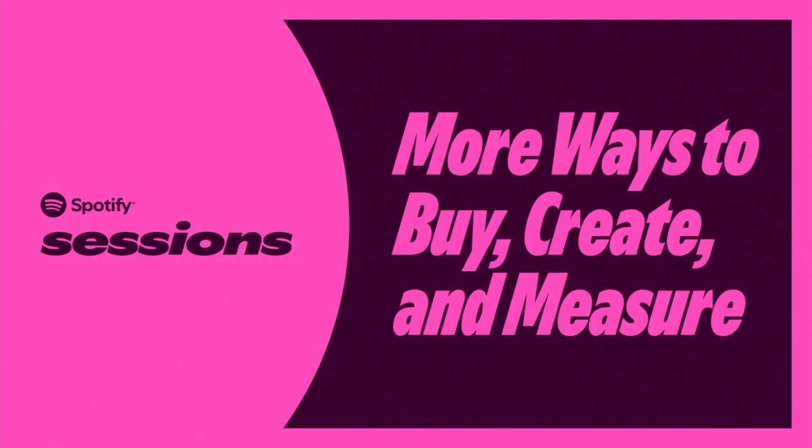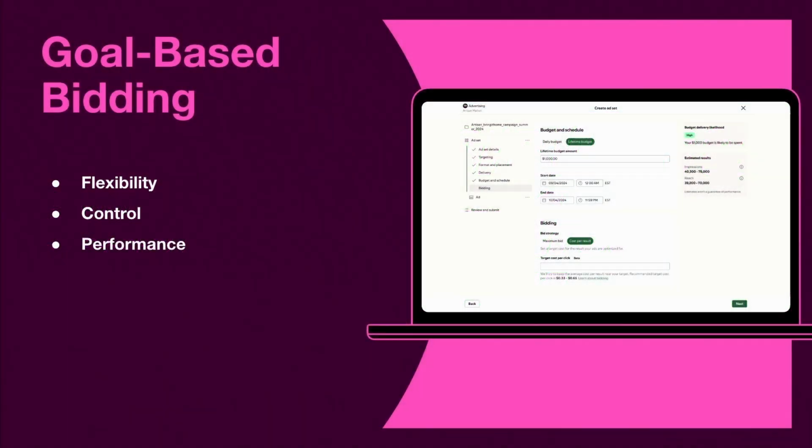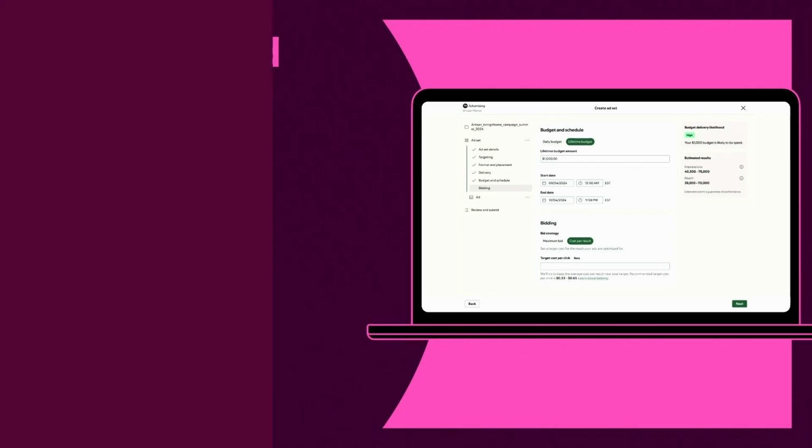So first, let's talk a little bit about some new ways to buy. We've introduced goal-based bidding, and this allows you to set a target cost per click, optimizing toward that cost automatically and allowing you to choose from 2 different bid strategies, whether that's maximum bid or a cost per result. What I love about this is it sounds like we truly are just putting the foundations in now. And this seems like our first step towards building that capability across an array of objectives, but more importantly, across